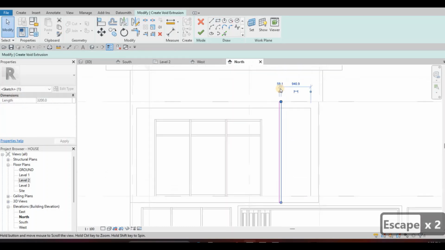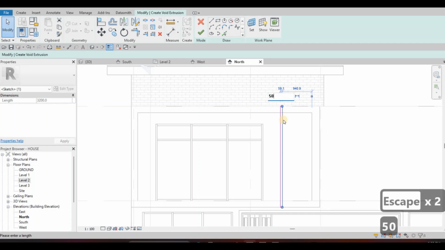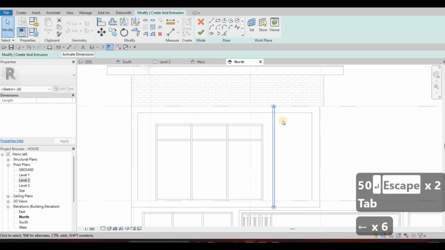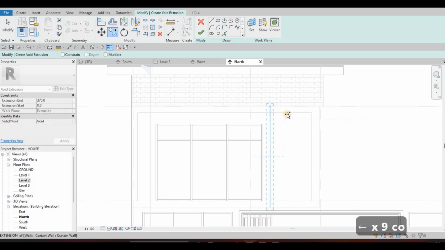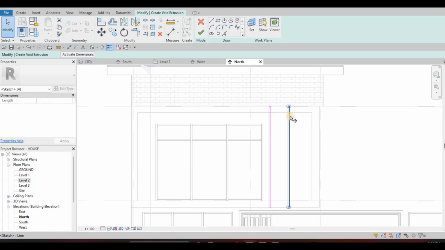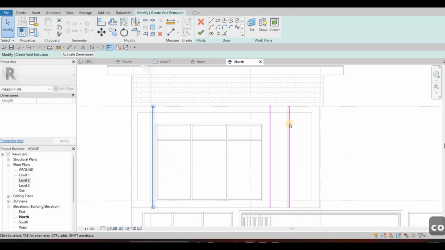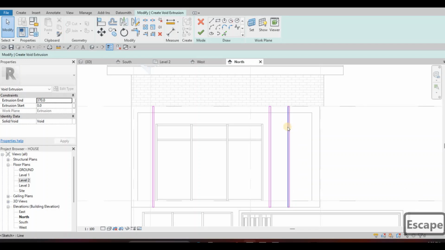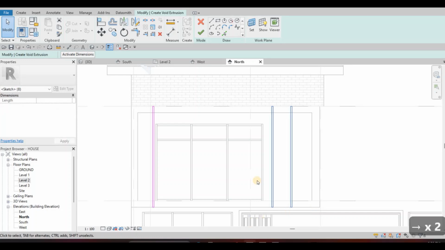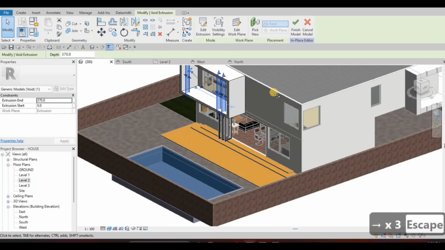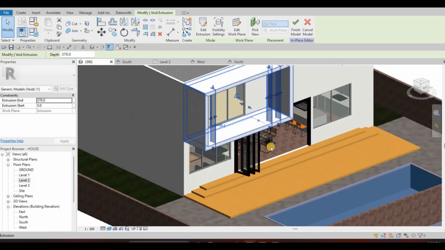And then 50. And then we're going to add three. So we're going to add 1 here, and then there's going to be 2 on the other side, just for design purpose. Click finish, go to 3D,